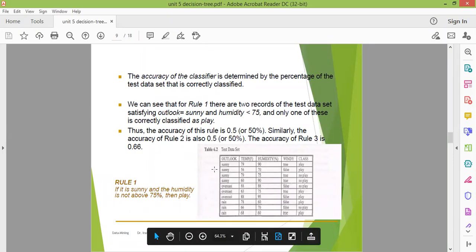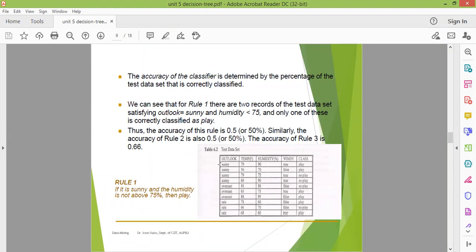So for each and every value, suppose the first one, you take from the first row: the outlook is sunny, the temperature is this, humidity is this, windy is true, then is it play or not. So this value is already given to us in the test data. You have to check it with the developed decision tree, whether you are getting the same class label or not. If you are getting the same class label, then the accuracy is 100%. If you are not getting the same class label as present in the test data, the accuracy of the rule is not appropriate.